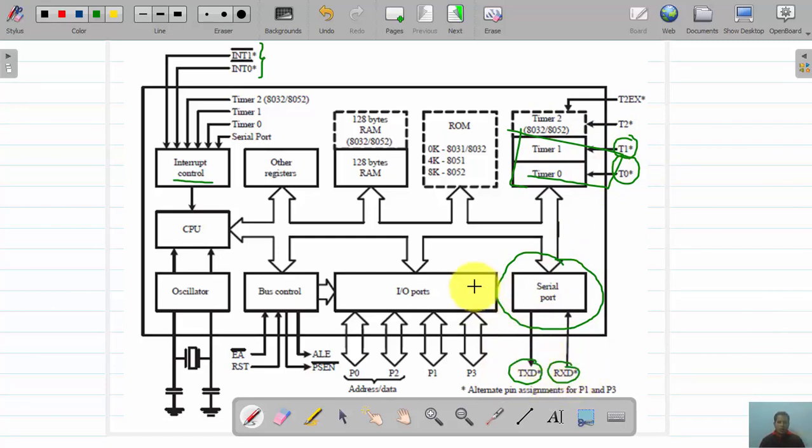These pins, which support the internal operation of these blocks, are associated with port P3. So let us discuss the role of each and every port pin.